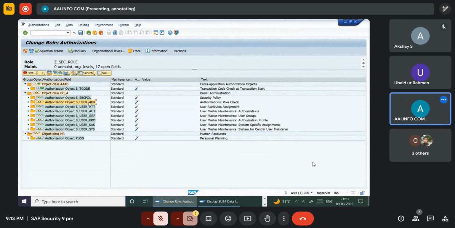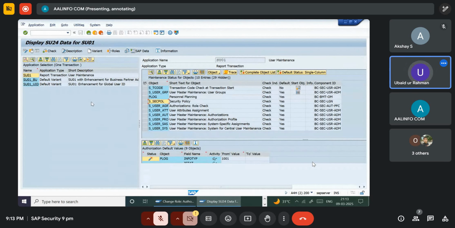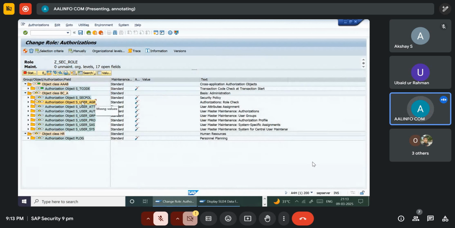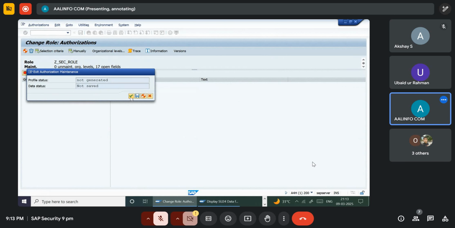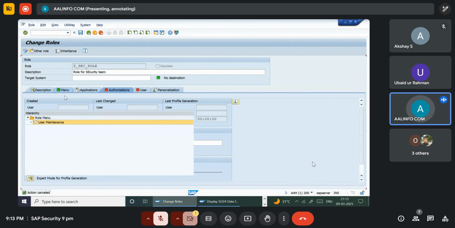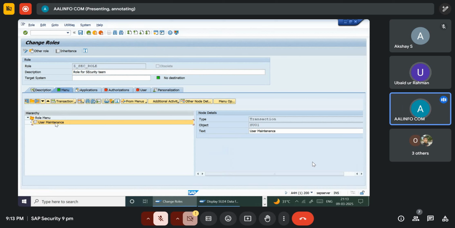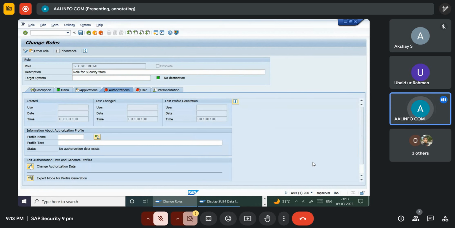Can you just repeat the previous part, before the SU24 screen? Yes. Before the SU24 screen, we created a role, and in the role menu we added the transaction SU01. This SU01 transaction we added, and then once we go to authorization and choose change authorization data,